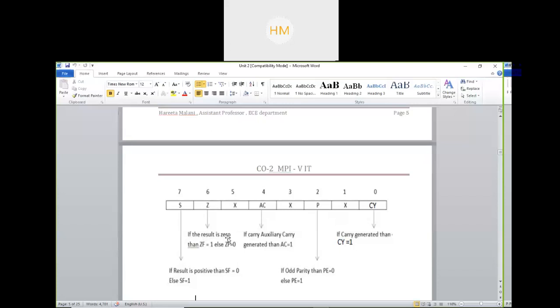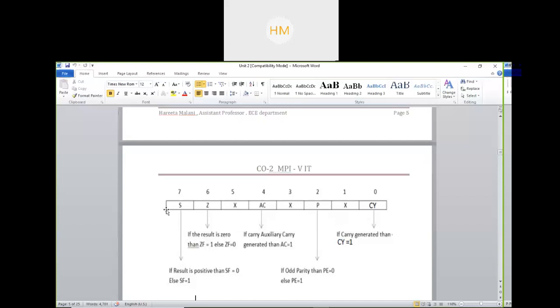Zero flag. If the result is 0, that means I am subtracting two similar data or I am comparing data. There I will generally check whether the zero flag is 1 or 0. If the result of the comparison subtraction is 0, then the zero flag is set, it is 1, else it is 0.